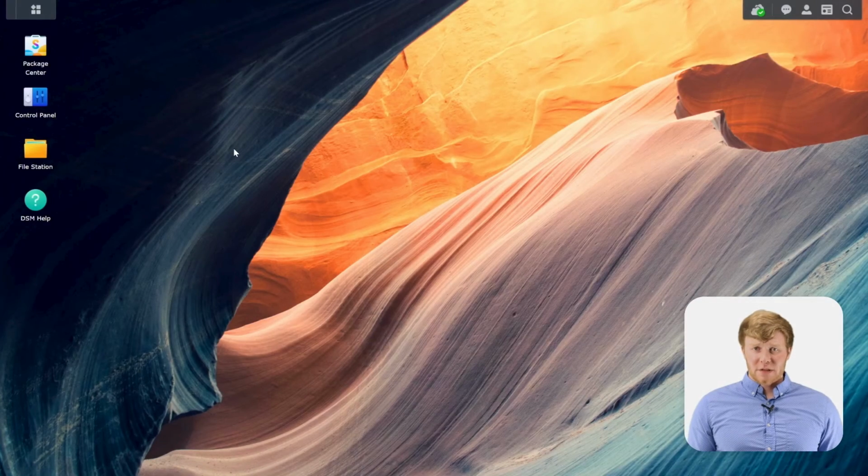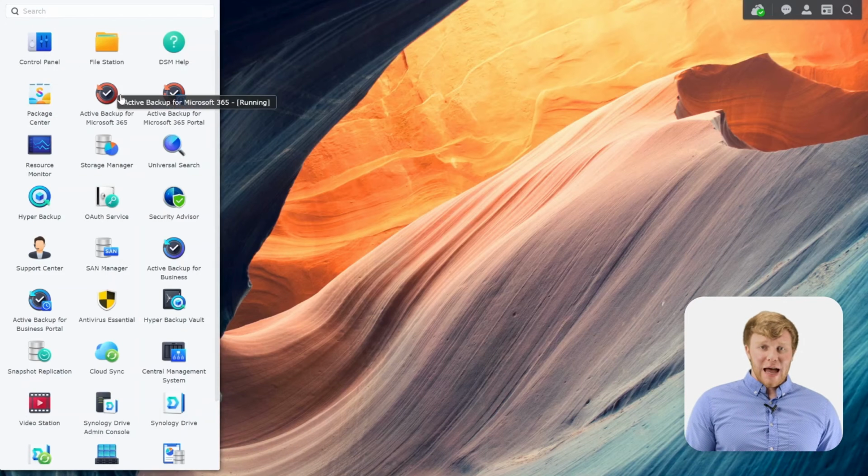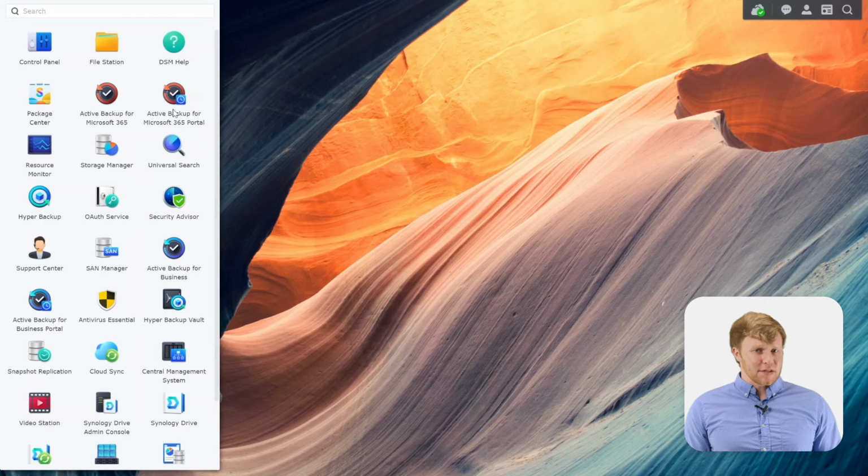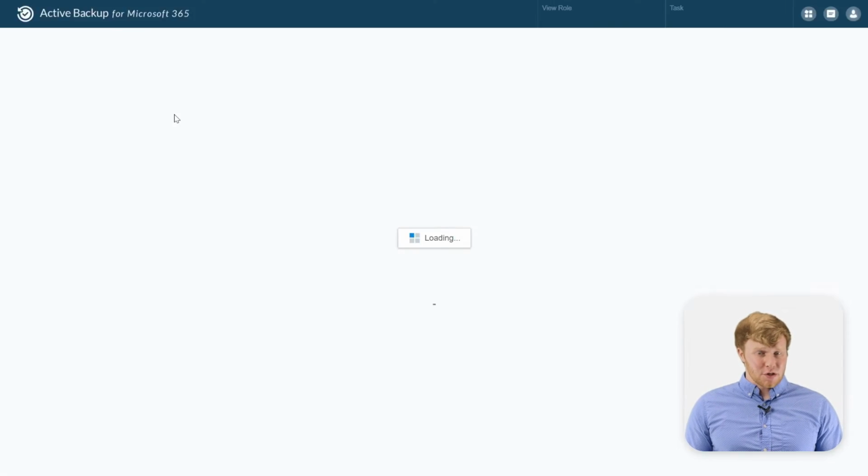All right, so we're going to try something a little different this time. Instead of going to the Active Backup for Microsoft 365 admin console, which is where we've been going thus far to set our backup tasks and perform similar functions like that, we're actually going to go to the Active Backup for Microsoft 365 portal. And so you'll see it's to the right here. And when I click on it, it's actually going to open up a completely separate screen. So the Restore portal is actually separate from DSM. It's its own standalone service.